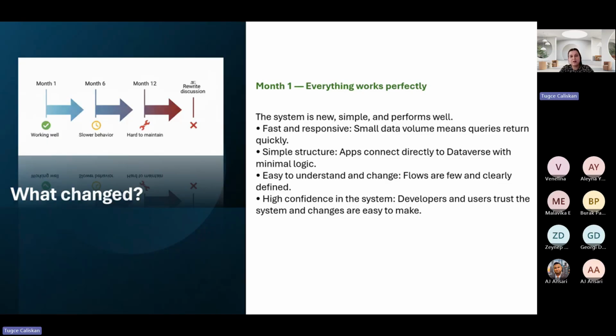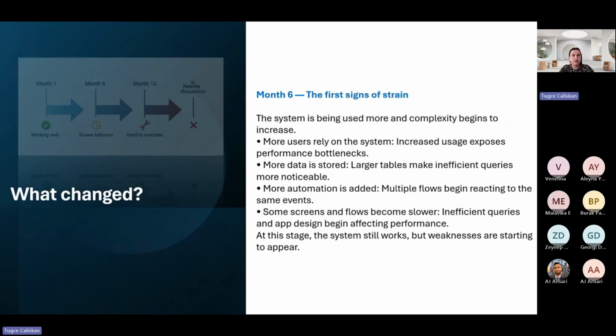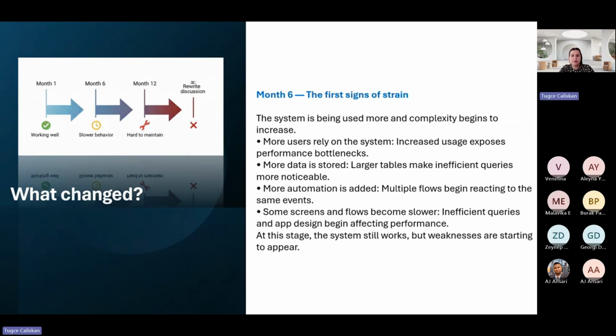So at this stage, we are not actually having the architecture tested properly because we don't have the system operating under ideal conditions. So we can trust the system we built to work, right? We don't necessarily face an issue with the design. But in time, as we move, we can start seeing some strains.